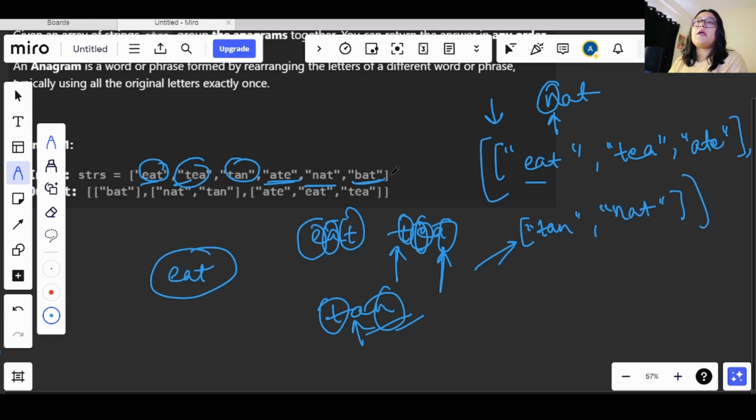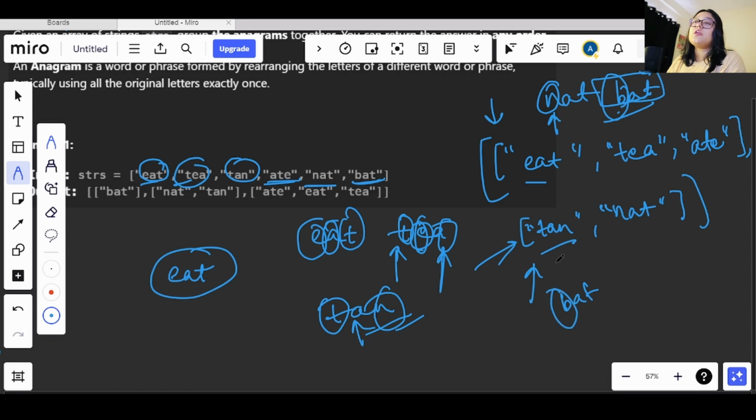Now we have bat. So let's see if bat is there. This character b, we will search in this word. It is not there, right? So eat, tea and ate is not an anagram of this. Bat is not an anagram of eat and all. So now let's see with another group of anagrams. Let's match it with this, tan and nat.